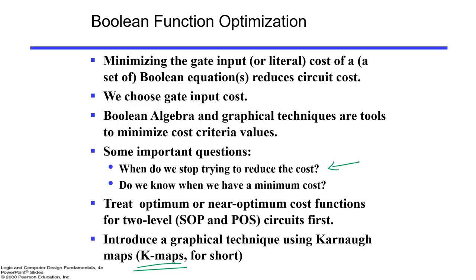So let me summarize again what we have done today. We talked about minterm and maxterm. We talked about sum of products, product of sums, canonical form of sum of minterms, and canonical form of product of maxterms. Then we talked about how to find the cost of the circuit in terms of literals, in terms of gate inputs, and in terms of gate inputs with NOTs. And then we did a few exercises to optimize the circuit. In the next lecture, we'll talk about the K-maps.